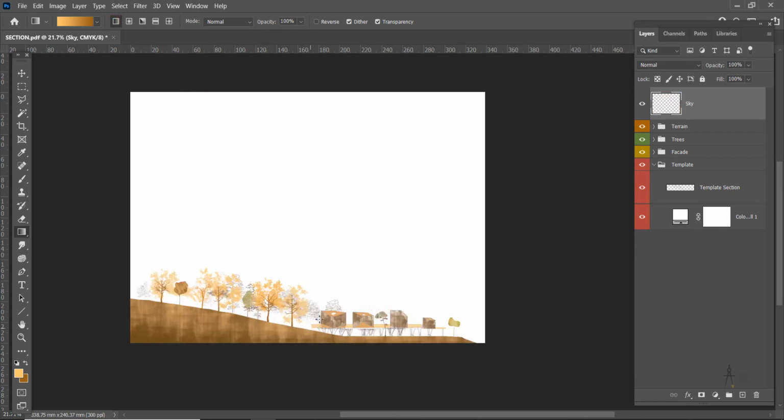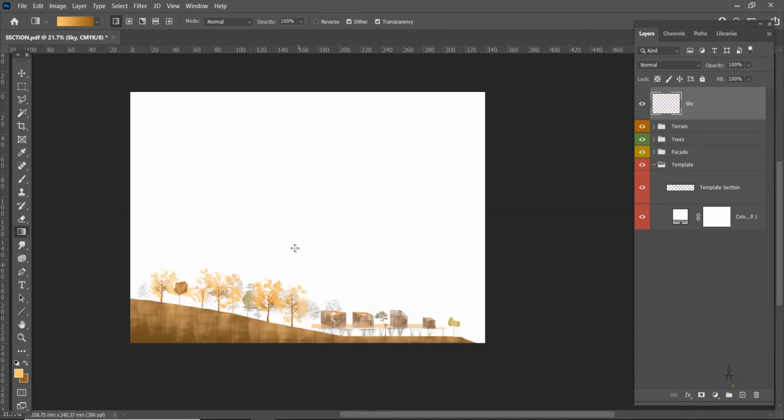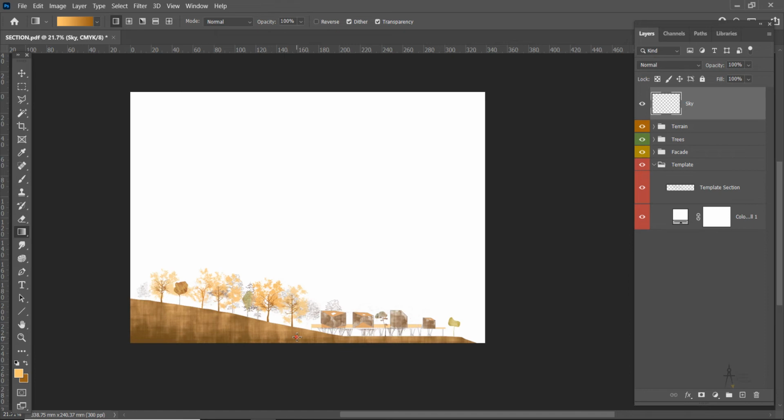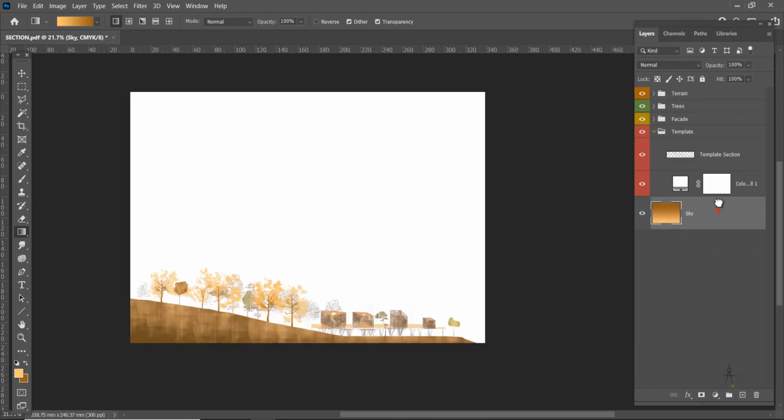And if we use shift, we're going to get a nice uniform line, okay. So just bear in mind, the shorter the line is, the more contrast you're going to have, okay. So we want to start from here, from the very bottom, and we want to have a nice, long gradient. And why is it covering the whole drawing? Because it's on the top, okay. We're going to take it to the bottom, not here,